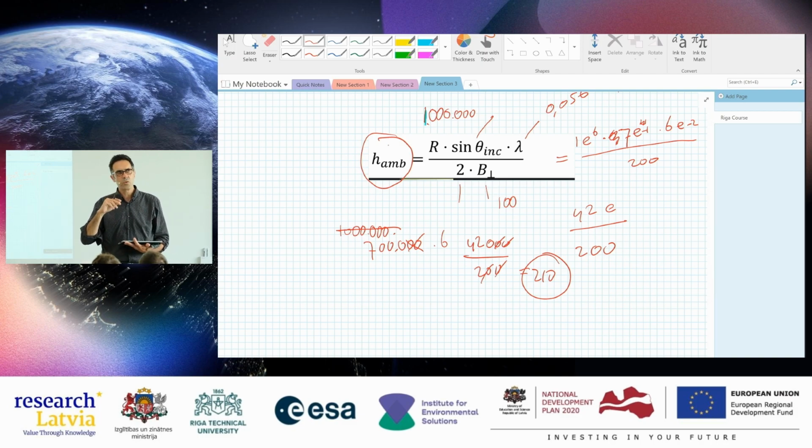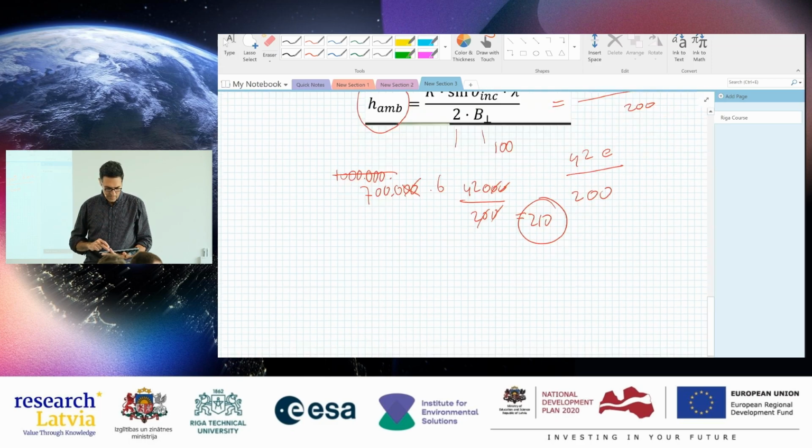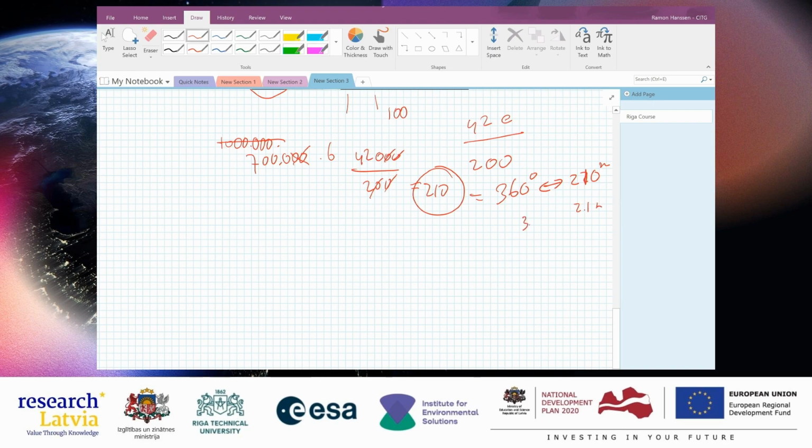Now your question was, how good should be the precision of the DEM, or maybe the DEM changes, maybe something changes. So okay, let's first look at the changes of the DEM. If the ground moves, we're talking about millimeters per year, right? Or maybe a centimeter per year, but not meters per year. That would be dramatic. So if it is a centimeter per year, the 360 degrees corresponds with 210 meters. So then 2.1 meter corresponds with 3.6 degrees. So 1 meter is 1.8 degrees. So you can imagine, basically motion, the changes of the DEM, you are not sensitive to that at all.